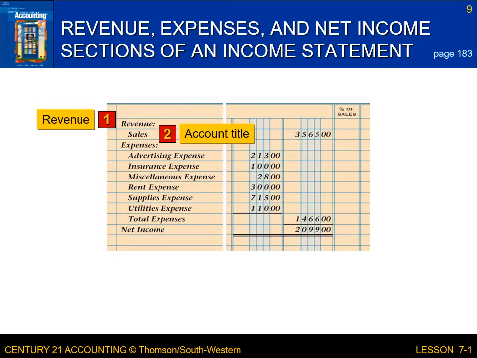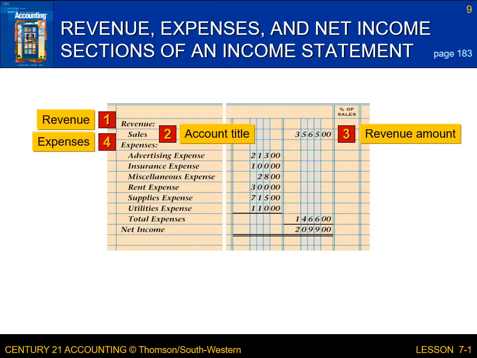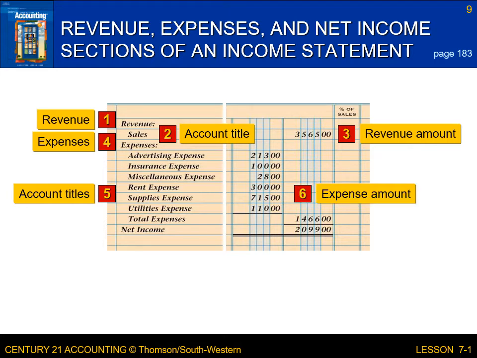Here are all the different sections. Once you have all the information from the worksheet, you'll now start to write in each of the revenue accounts, the account title for revenue, the revenue amount. You'll write the expenses, all the different account titles for each of the expenses as stated in the income section of the worksheet, your expense accounts,